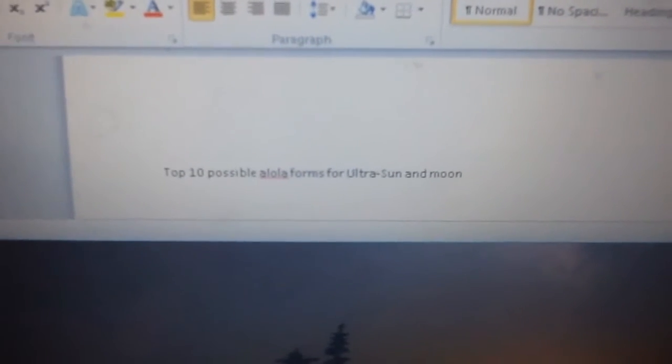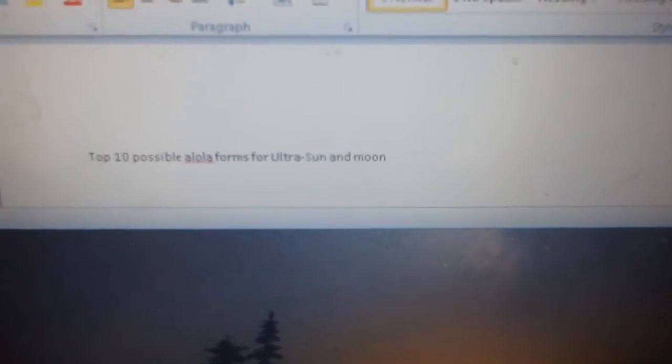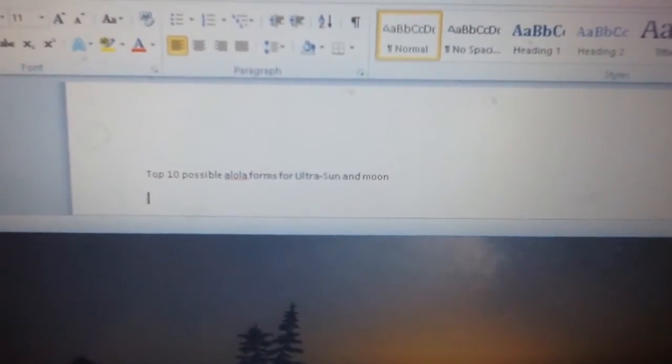I've actually put a lot of thinking into this because I didn't want to use the same Pokemon that were going to have a Mega Evolution in my opinion. Because if it was going to have something like Kingdra or Cryogonal, there's no point in them having an Alola form as well. So, taking place at number 10 for possible Alola forms,